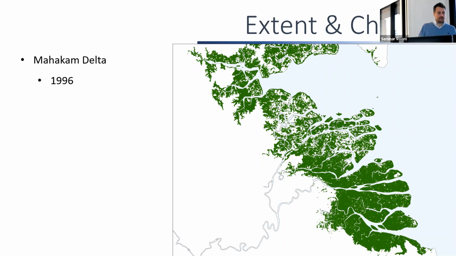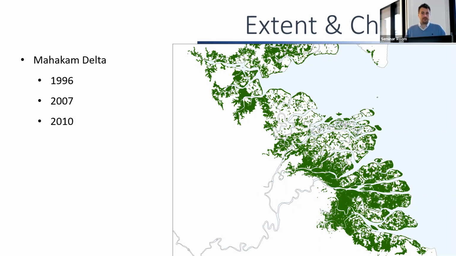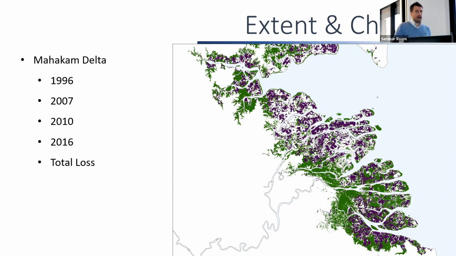And what we can do with this data is look at lots of different things. So this is the Mahakam Delta in Indonesia, and this is the starting point in 1996, so the earliest data. You can see these big blocks of mangrove forest in green. Although there is some indication that areas have been lost, as it's a bit fragmented in the center. If we forward to 2007, you can see there's large losses in the central and northern parts. This continues in 2010, and in 2016, this has spread through into the southern part of the delta. And if we overlay where mangroves are, the purple bits are the areas that we can estimate have been lost over time.